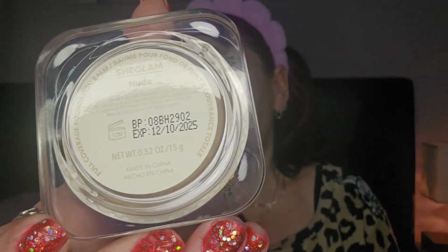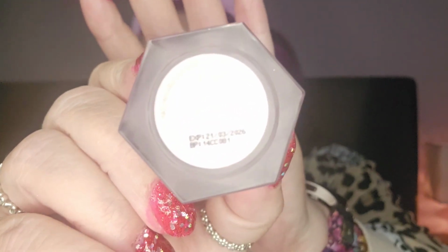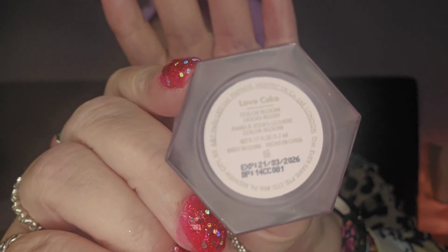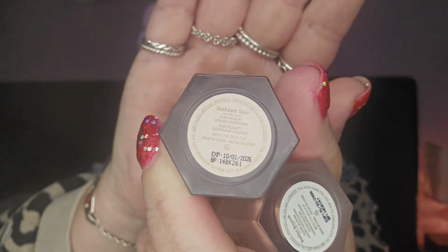I've got this one in, oh, I haven't told you the shades, have I? So this is in the shade Nude. This is in Love Cake. I don't know if you can read it. Come on. There you go. Love Cake. And I know the bronzer is Golden Sun. Yeah, that one's Golden Sun. And then this one is...